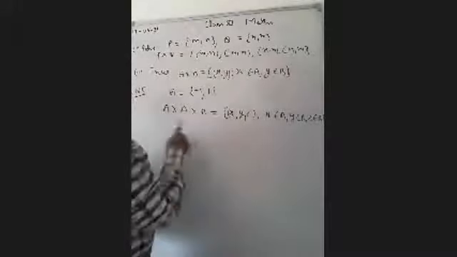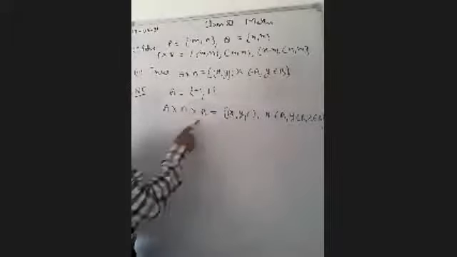ठीक है, because this is not an ordered pair, it is a triplet, है ना. Whenever we want to find the value of a triplet, we have to take the first element from the first set, second element from the second set, third element from the third set. But all the elements belong to set A, we have to find the value of A cross A cross A. So what ordered triplets are possible? Okay, you have to give the answer.